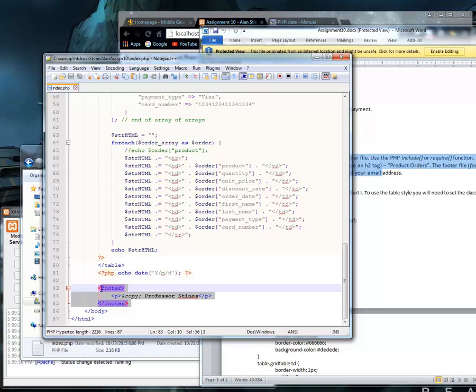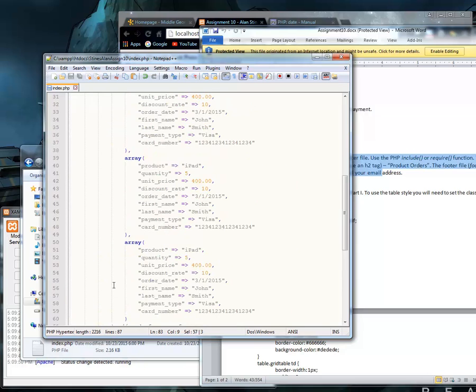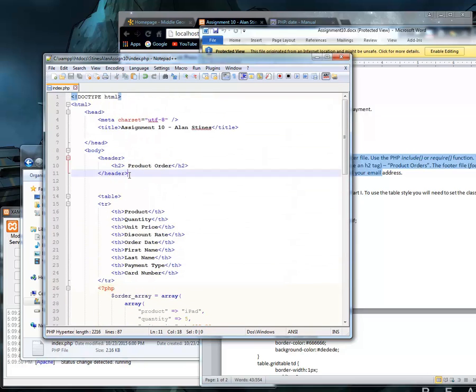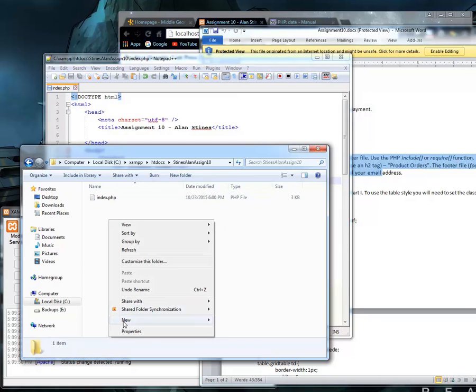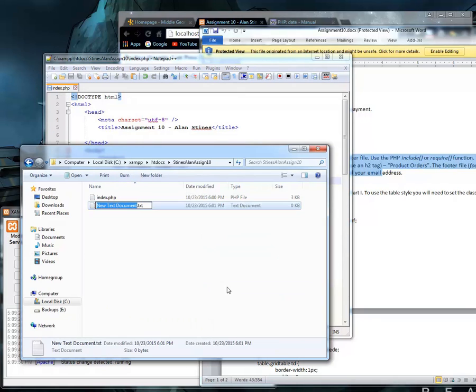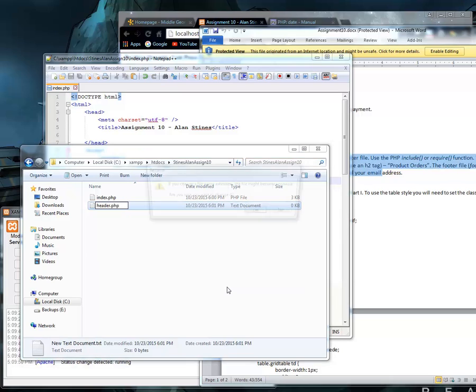But anyway, on a large website, your footer, your navigation, and your header section are mostly going to be the same. Or maybe your navigation section is driven off of some sort of database. One of the cool things about PHP and working on a server is that you can create these sections as different files. So if I create a